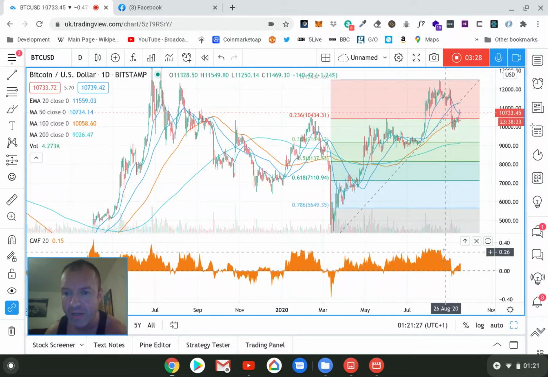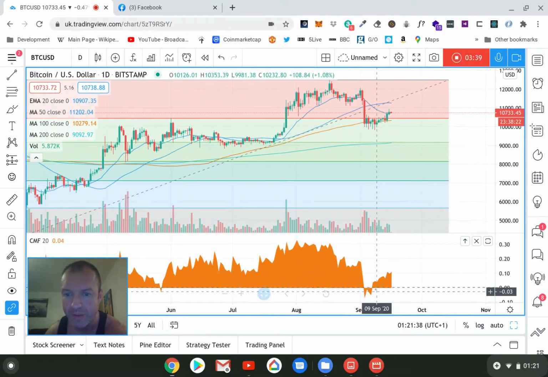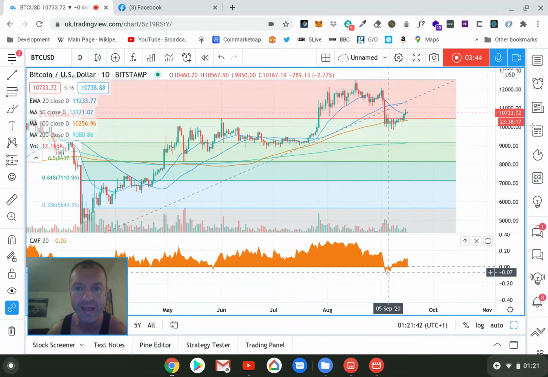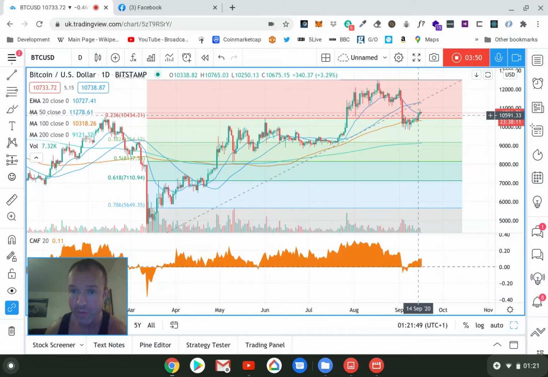This recent correction, there were warning signs as we began to come lower and went down to 18. And we went negative, but we're back into positive territory and going upwards again. So it's always interesting to keep an eye on that in Bitcoin. If we get above the 20 moving average there, which we're battling at the moment, close above it, the next target is the 50, and these averages will start to slope upwards again. Next chart.